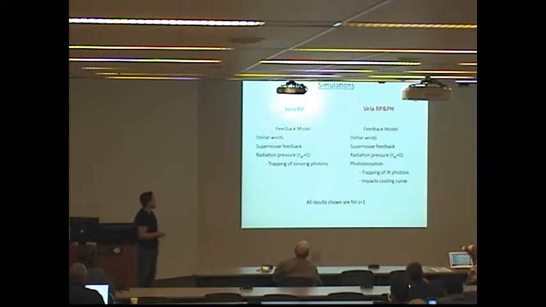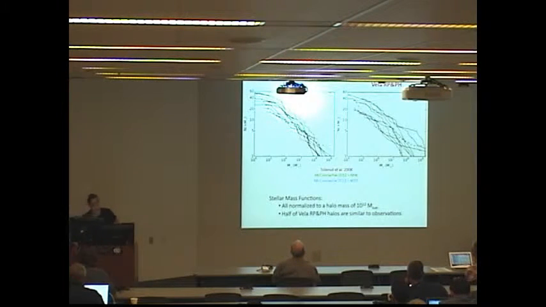But very excitingly, Danielle has run the simulations again, and they've just finished. And this is Vela radiation pressure plus photoheating, is what we call it. And this is radiation pressure including a photoionization term that traps the IR photons in high optical depth regions and also impacts the cooling curve. So these results are brand new,